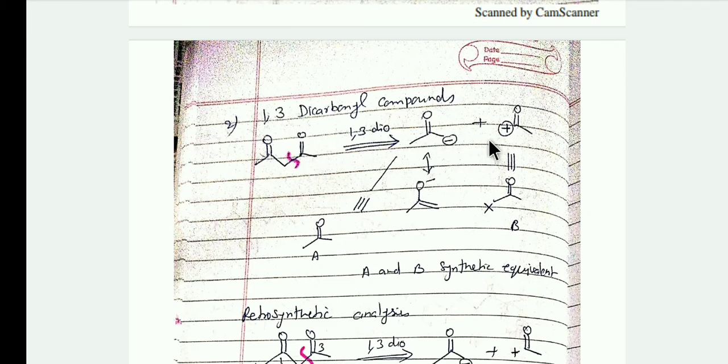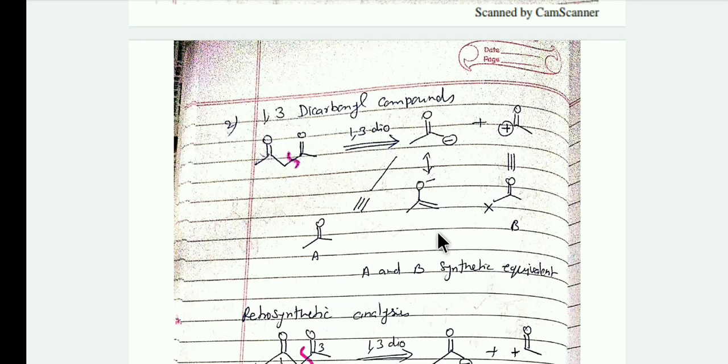This is the negative and this one is the positive synthon, and this negative synthon is stabilized by the resonance. Here these are the resonating structures of this synthon, and by the addition of a proton to this synthon we get the synthetic equivalent A. Here this carbon is positively charged, so we attach a negative molecule or atom to this positively charged carbon atom. Here X means a negatively charged atom such as Cl, Br, and we easily get the synthetic equivalent B.